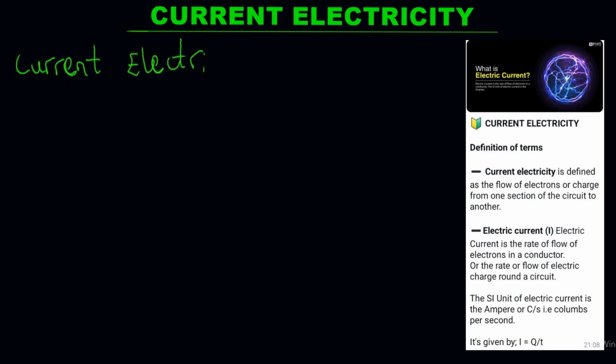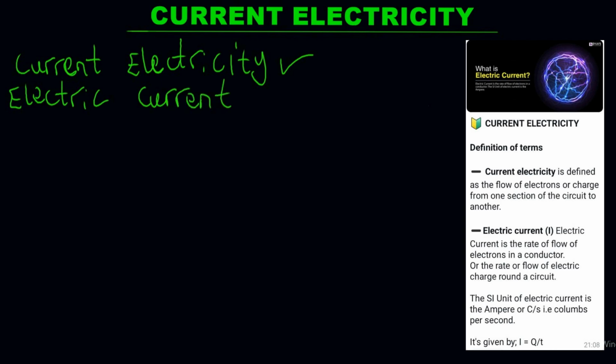Current electricity. Now, moving on, we also have what we refer to as electric current. This is another concept we'll talk about. This is the rate of flow of electric charge around a circuit, or the quantity of electricity Q flowing per time. Electric current has a formula. It is represented as I, so we can put this in brackets, I. And it is given as Q over T,